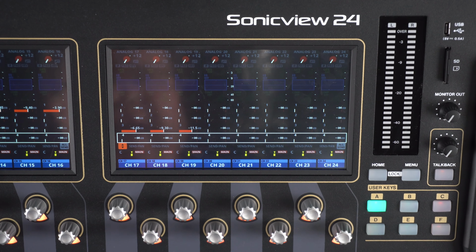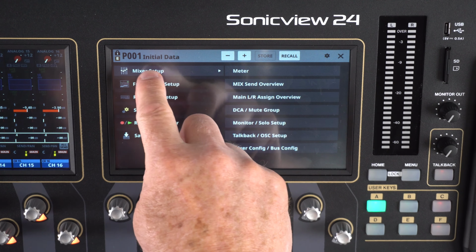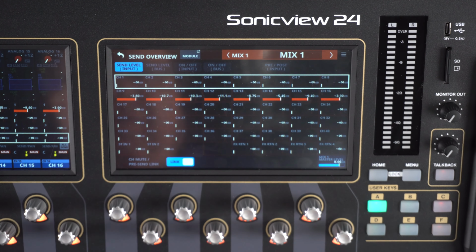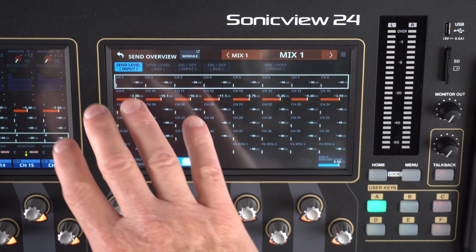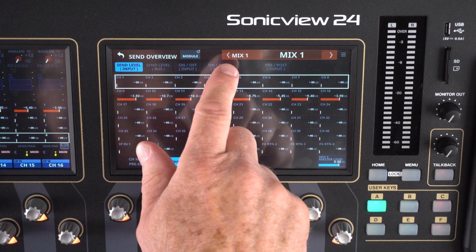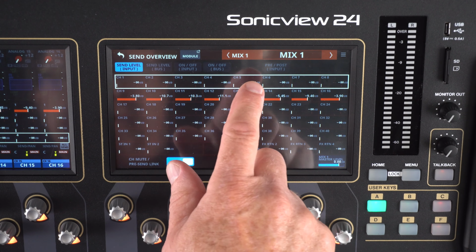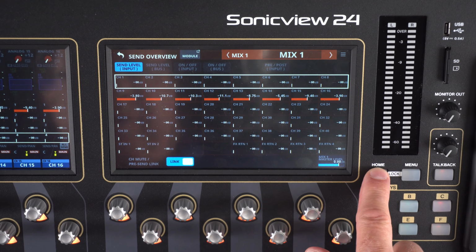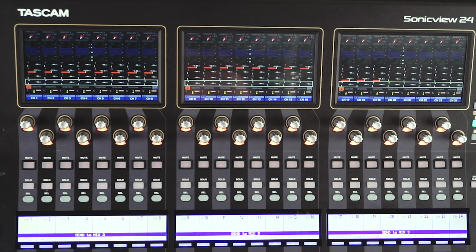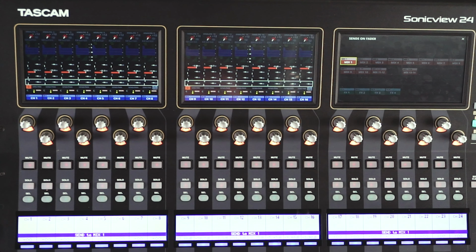So again, to recap: menu, mixer setup, mix send overview, everything's in one screen. Your on-off, your bus and your send levels. Go back to the home screen, use, let's say, layer key 5, send to mixes, layer key 6, send to mix 2, send to mix 3.